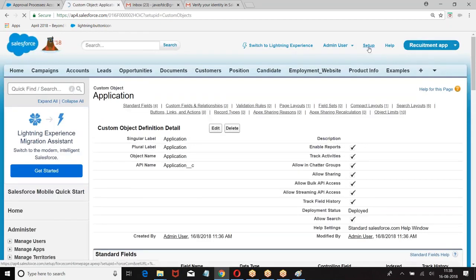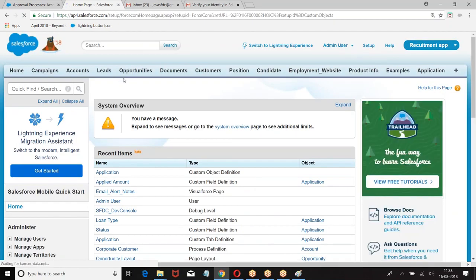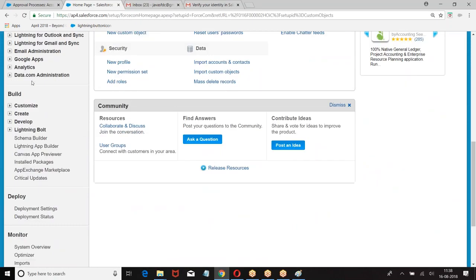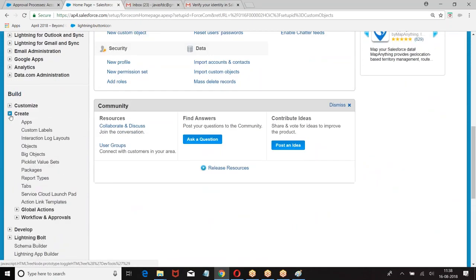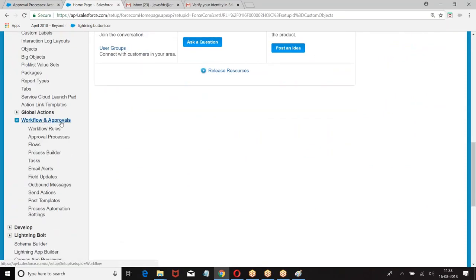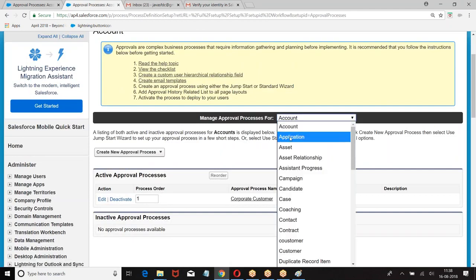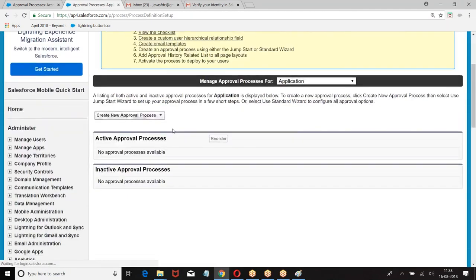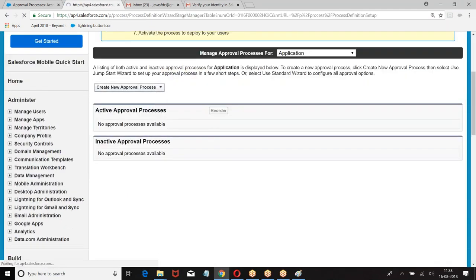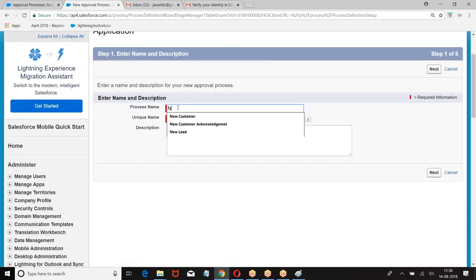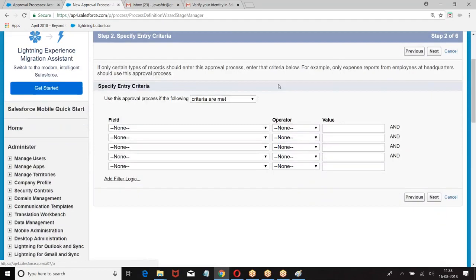So look at this. We have Setup, Build, Create, Workflows and Approvals, Approval Process. Application object, standard setup wizard, new application approval.